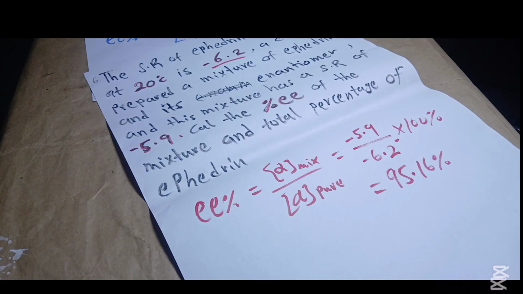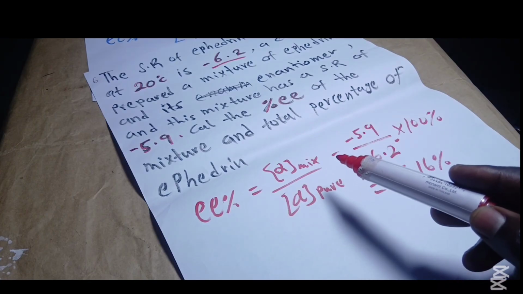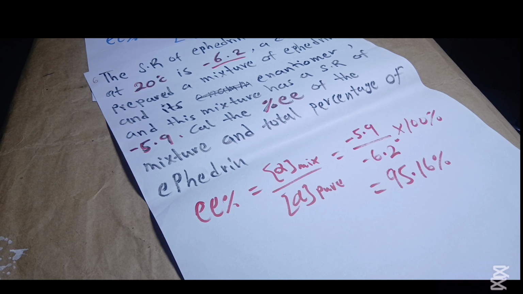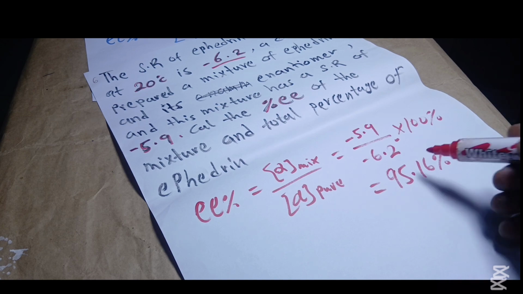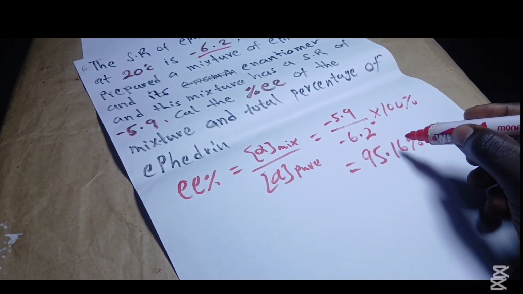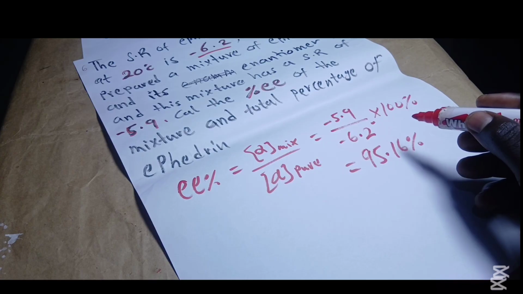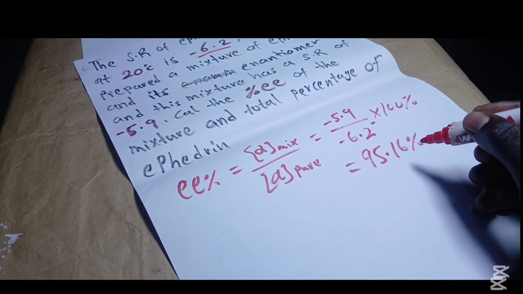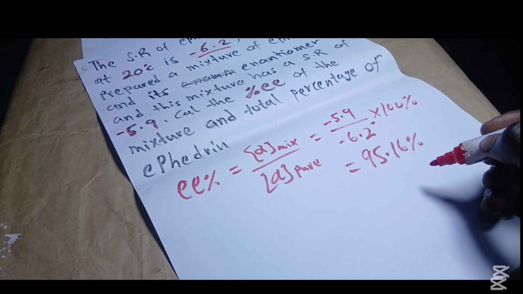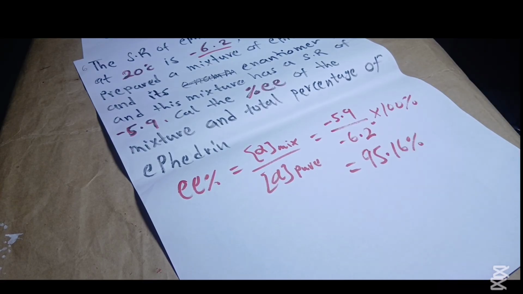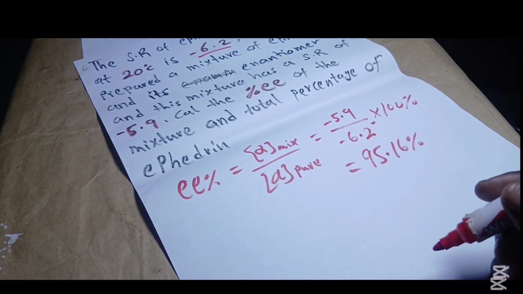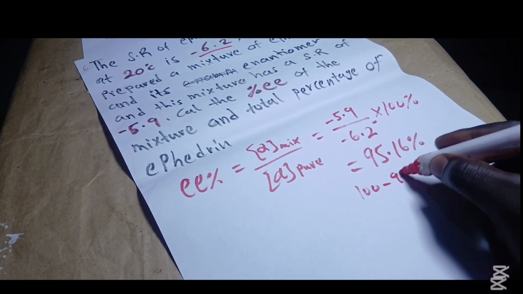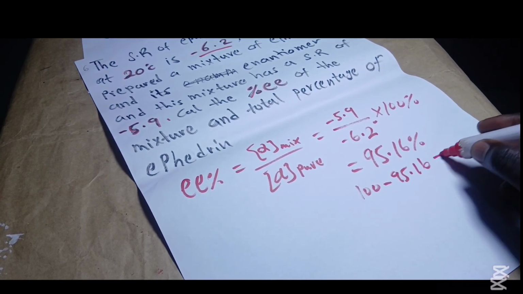Why? The question says that we should calculate the total percentage of ephedrine. This is not the total percentage of ephedrine. If the solution should contain only ephedrine, then it should be 100%. But since this is not the total, it means something is happening. Some of the ephedrine has formed a racemic mixture with its enantiomer. So let's find the difference. 100 minus 95.16 gives us